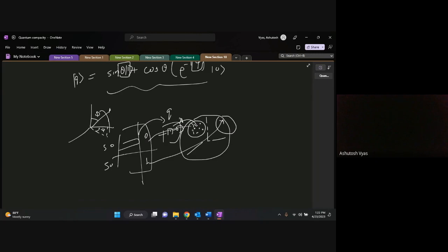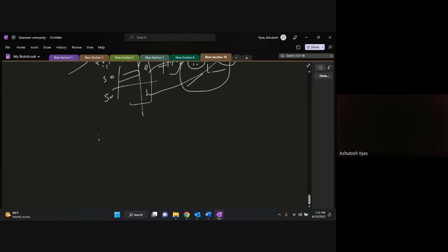Class 0 cloud will be here. Class 1 cloud will be here on that Bloch sphere. Basically, that is what you have learned. Initially, suppose this was your quantum circuit. Let's assume on a single qubit you are applying some X gate, then some Y gate, and that's all. Suppose it is as simple as this.